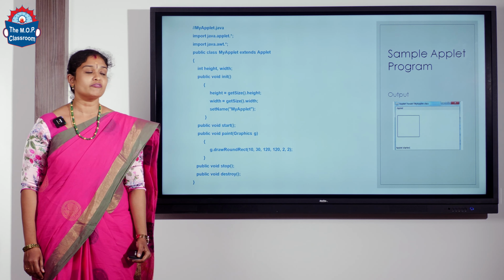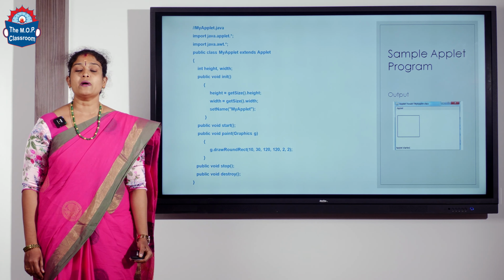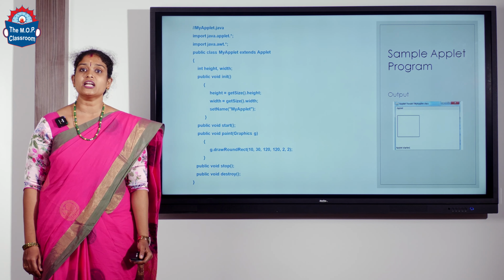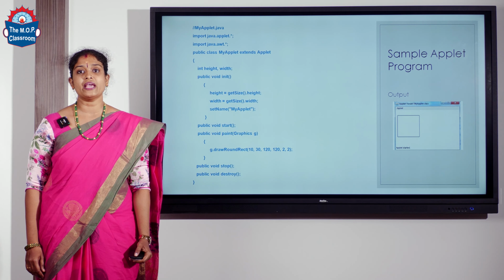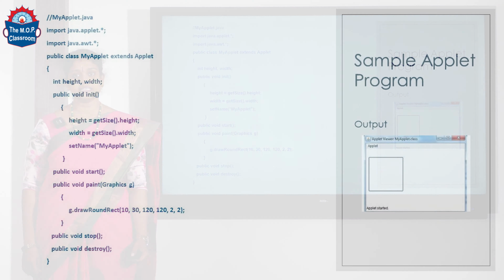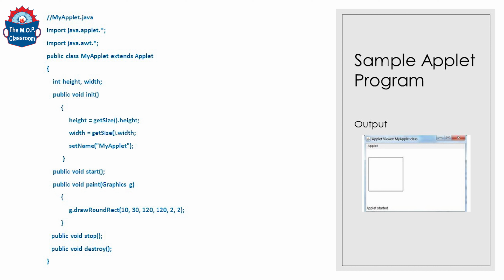Here the Java file name is MyApplet. MyApplet extends Applet, so here again we are inheriting the Applet class. The Applet class will have the methods like init, start, stop, destroy. So here we are using the paint method to print the square. So here the method drawRoundRect is used to print a square. So how is it a square? Because here the length and breadth are given as equal size, so we get a square and the